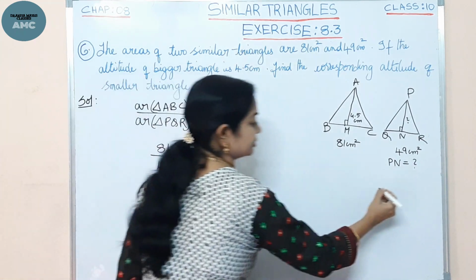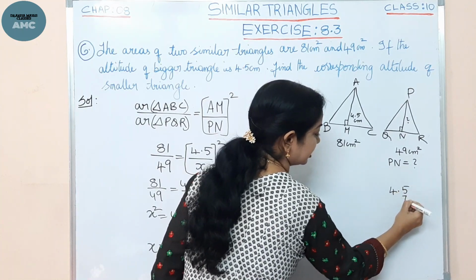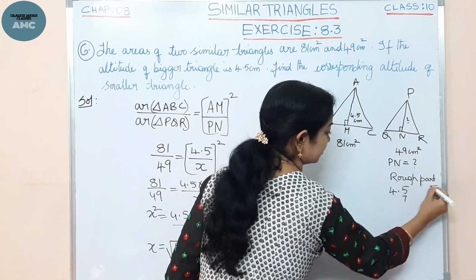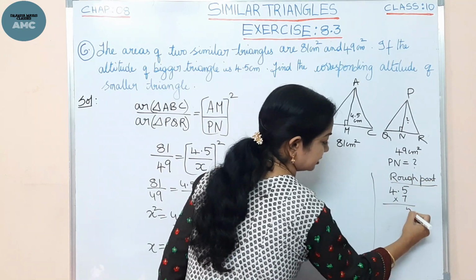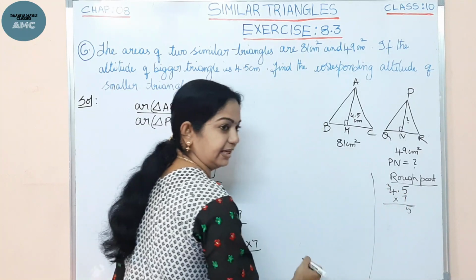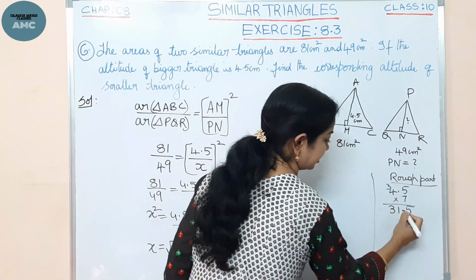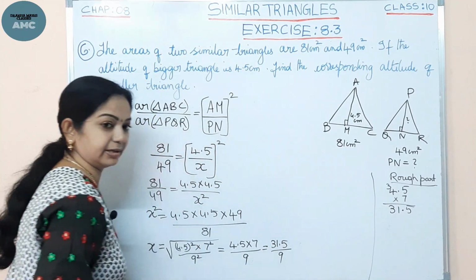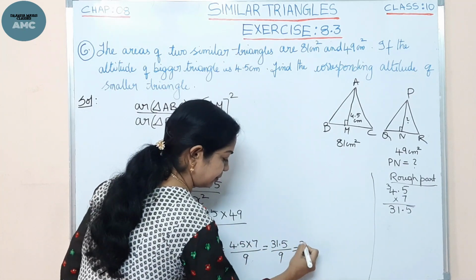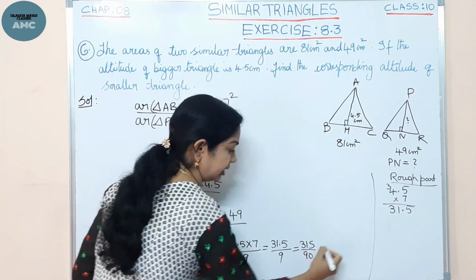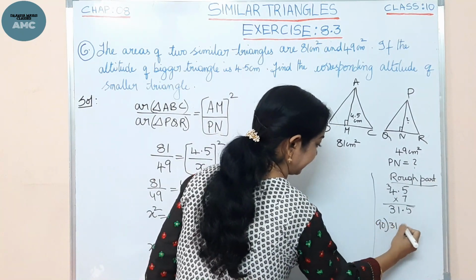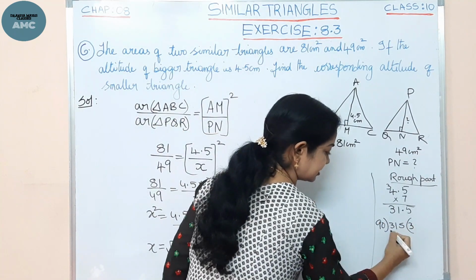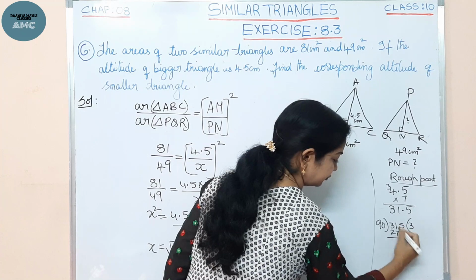Now, we will do the simplification here. This is the rough part. Okay, I'll do the simplification here. 4.5 times 7: 7 fours are 28 plus 3, that comes to 31, so 31.5. Divided by 9. If you remove the point, you can take 315 by 90 and simplify here. Right. 9 fours, 9 threes you take. 9 threes are 27 here. So 4 and 5.